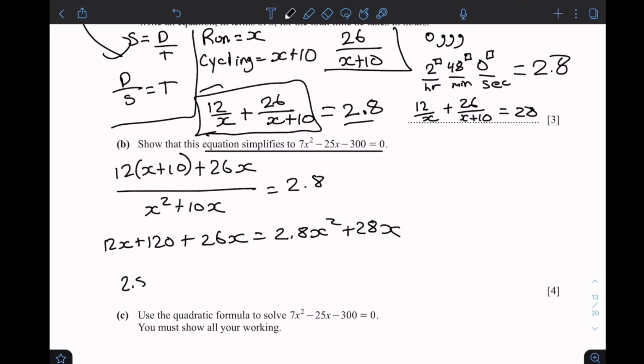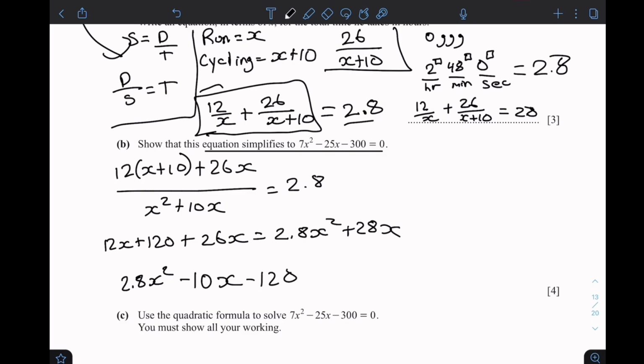So if you take everything to one side, you do 26 plus 12, which is equal to 38, 28 minus 38, which is equal to negative 10x